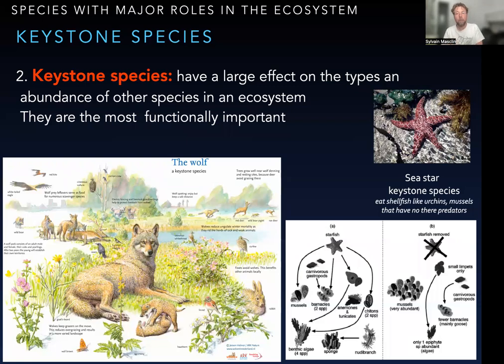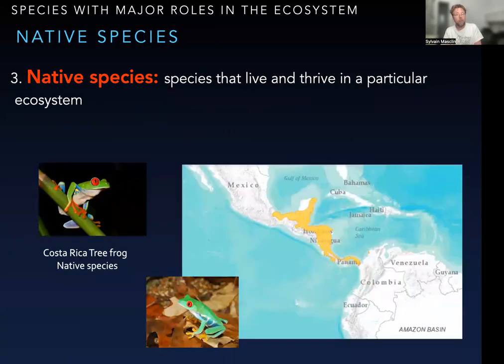Another type of species we are very careful with are native species. It's species that we find only in a specific region of the world or a specific ecosystem. We don't find them anywhere else. For example, Costa Rica has a lot of native species, a lot of frogs that are very well fitted to the environment, but any change in the environment tends to be harsh for them to survive. So those species are very limited and very protected in itself because they have a major role in the ecosystem and are just perfectly fitted. And we observe, unfortunately, for example, with global warming happening, that those species little by little go extinct.